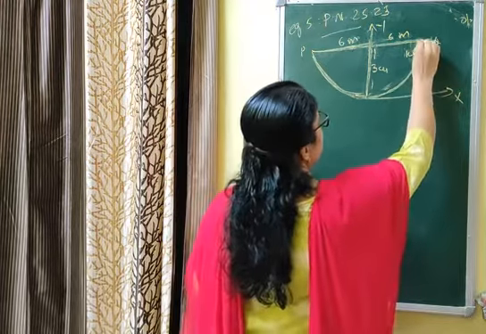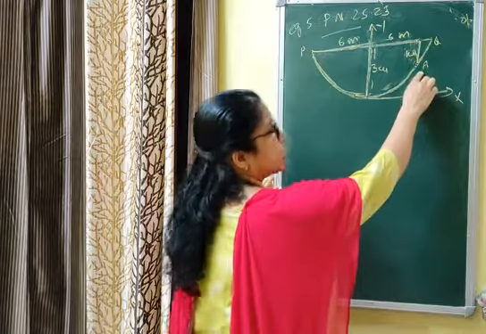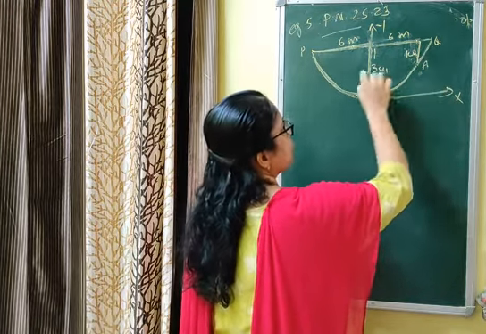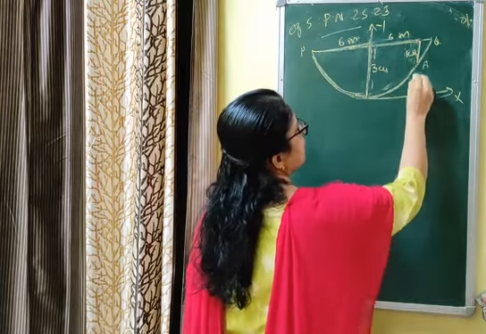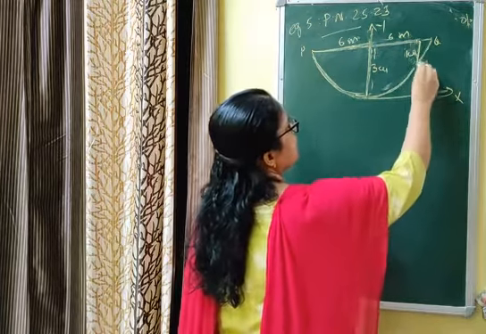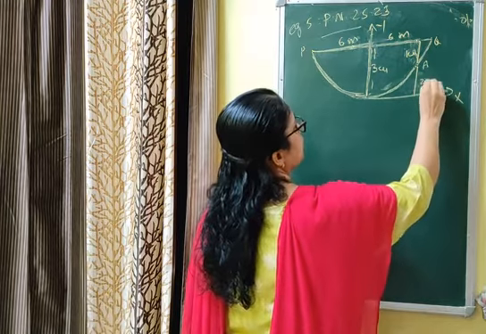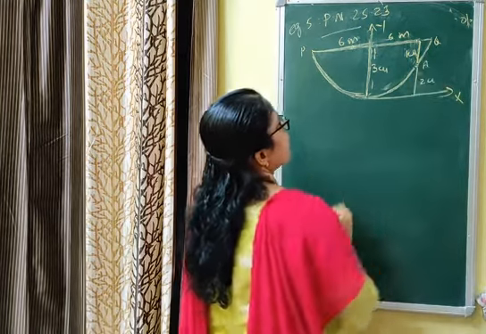You have to find how far the point A is from the center, since we have assumed A is the point for deflection 1 centimeter. That means you have to find this distance. Since the total length is 3 centimeter, this is 1, this becomes 2 centimeter. Now you have to find the coordinates of 2.